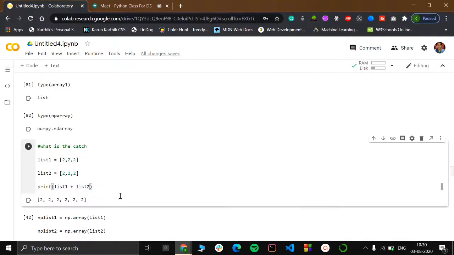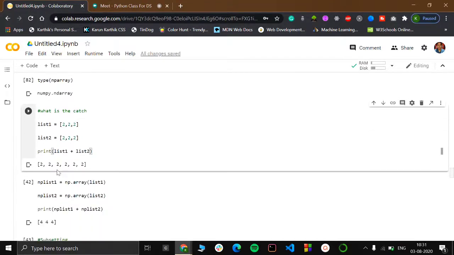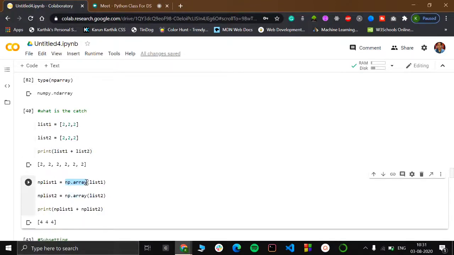I'm expecting it to add the index 0 elements in both lists and return 4, and add the index position 1 elements and return 4. But what it is actually doing is concatenating both of these lists. So what NumPy functionality provides is, check it out. We are converting the given list into a NumPy array.